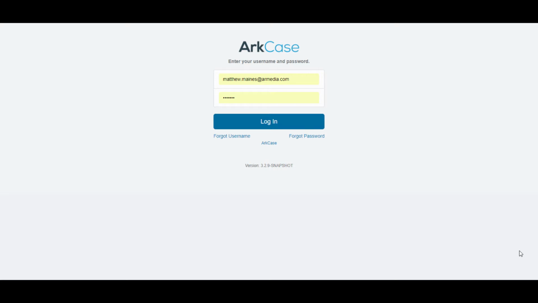The transcribe functionality is ArkCase, the product, integrated with AWS Transcription Service. Today you'll see a seamless demo between uploading of audio and video files or rich media within the ArkCase and the automated transcription utilizing the AWS service for transcription, and what the user interface looks like and how it returns